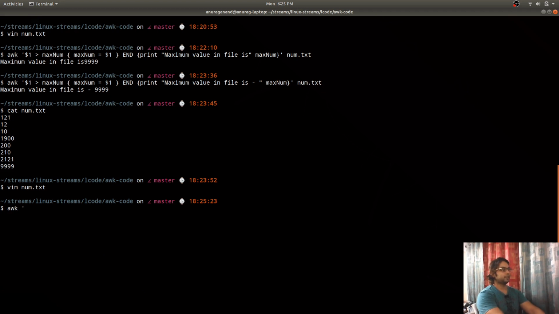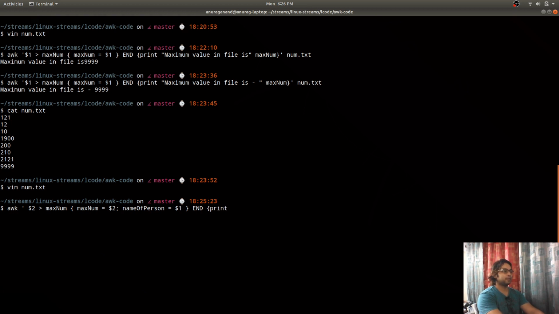As the number has moved to the second column, I'm going to write: if $2 is greater than max number, then max num is equal to $2, and name of person is equal to $1, because the name is present at position number 1. And when you have processed the entire file, then